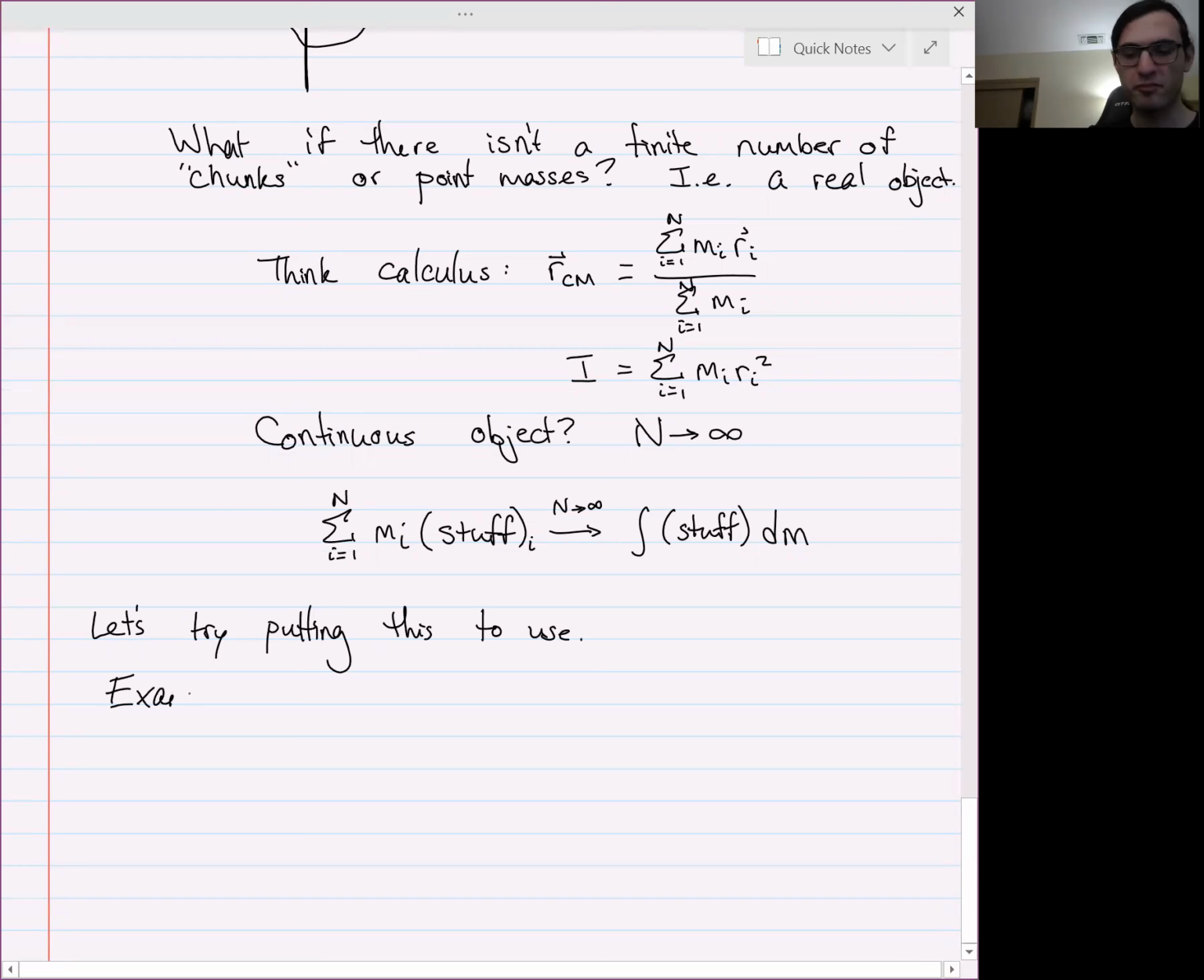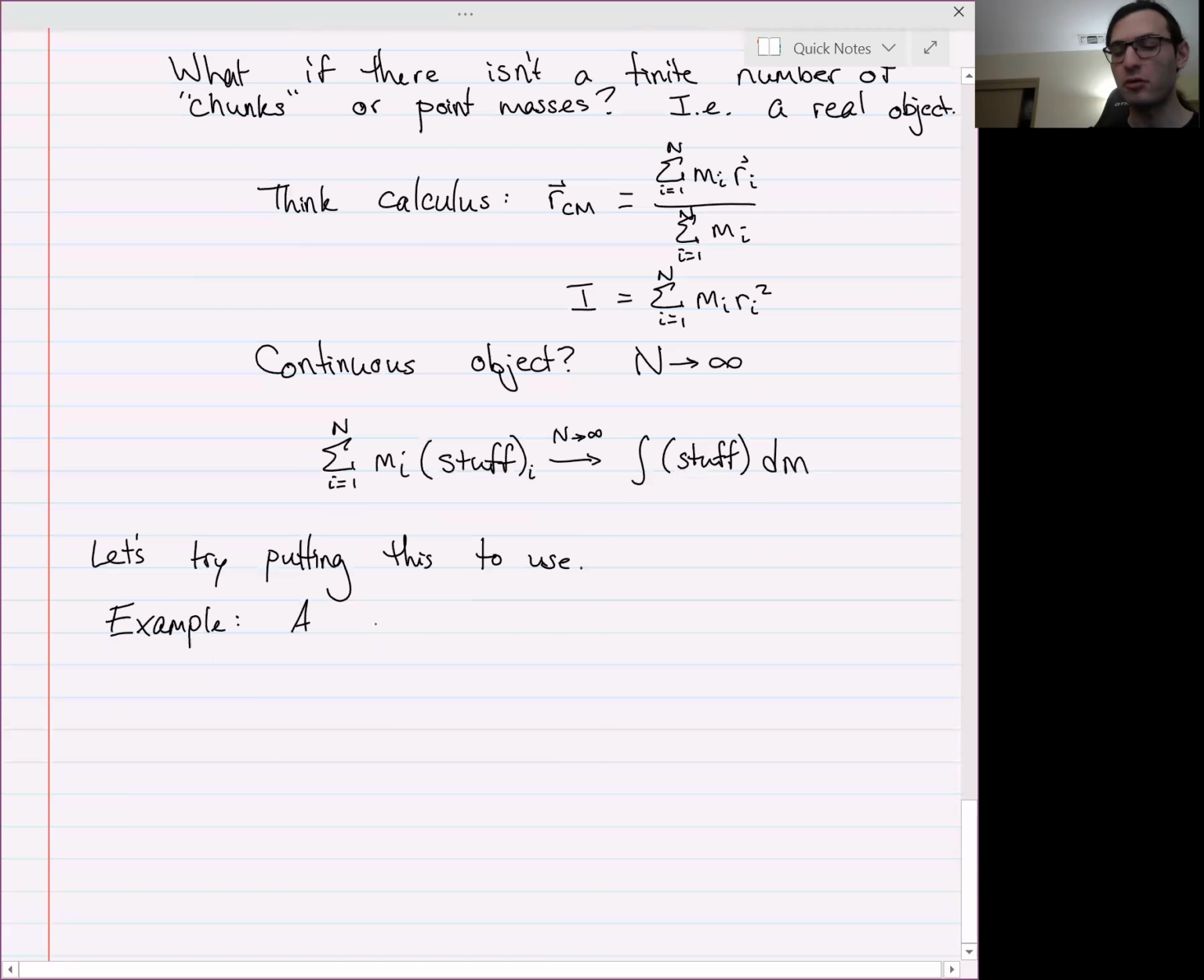For example, I'm going to write out some words here to illustrate the example. So let's say a rod. By the way, the reason we use rods is because they can be approximated as just lines, because we don't really care about how they're extended in the other direction. So a rod has a uniform density of mass